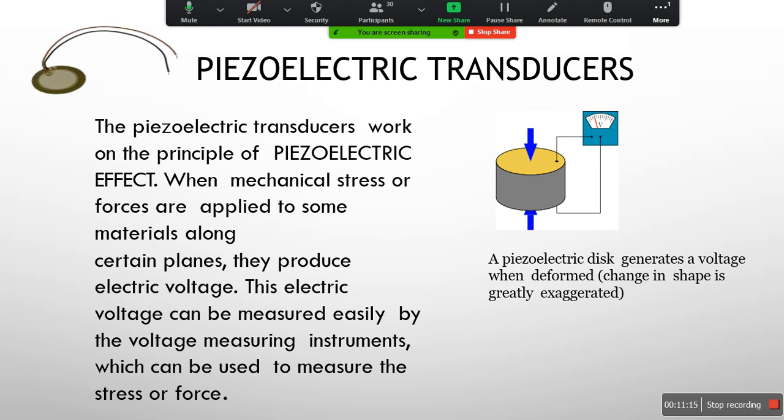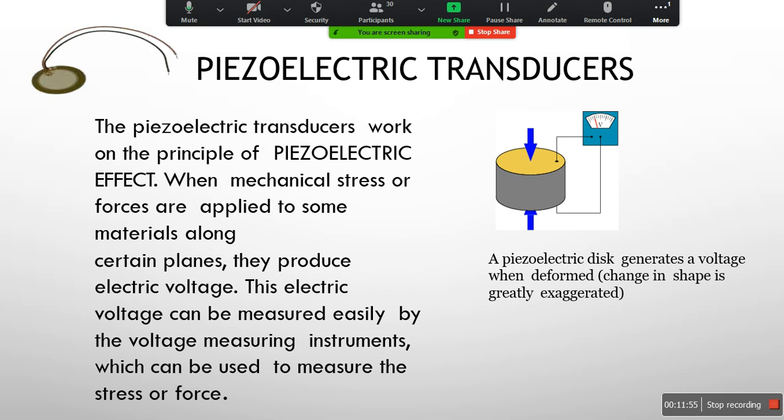Now, whenever a pressure or mechanical stress is applied on the crystal, it deforms its shape. Whenever it is deforming its shape, it indicates that some electrical voltage is being generated. So how much voltage is generated? In order to measure that voltage, here we have placed voltmeter terminals, where the two voltmeter terminals are given to the other two ends of the crystal. The positive and negative voltmeter terminals are both given in order to measure the voltage.